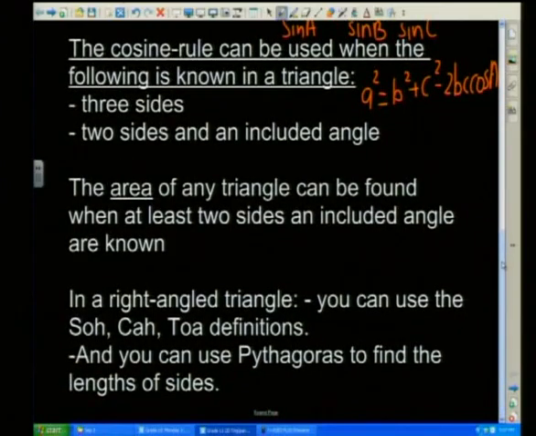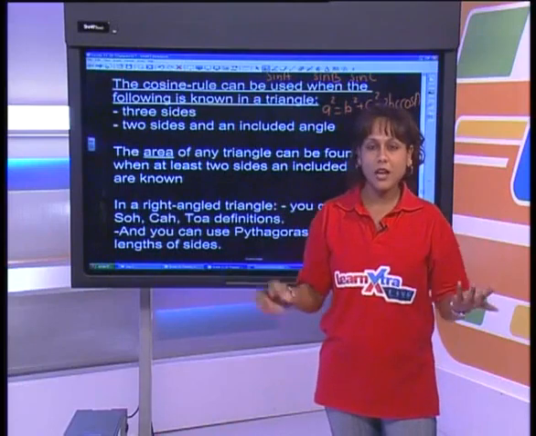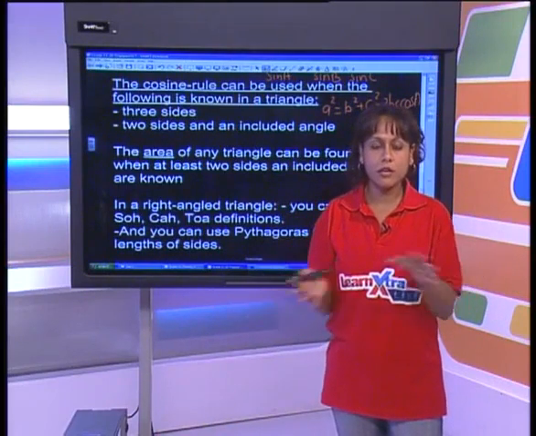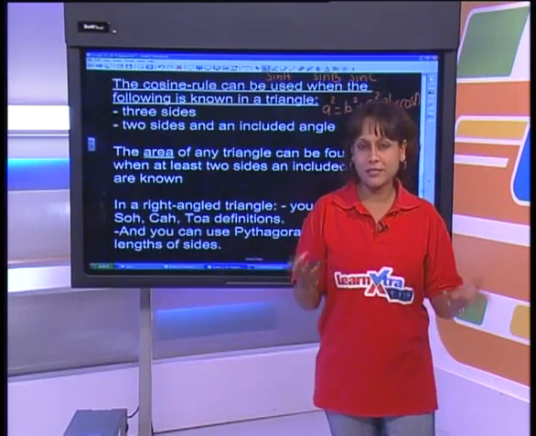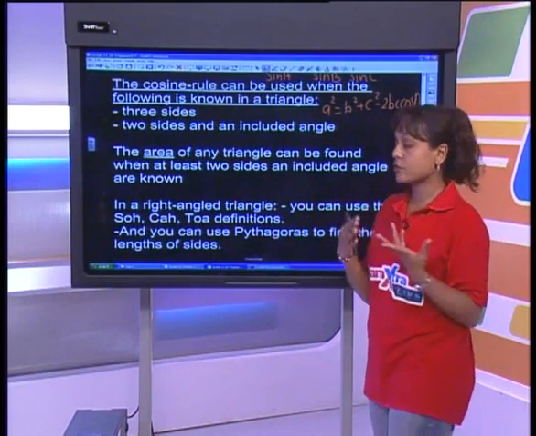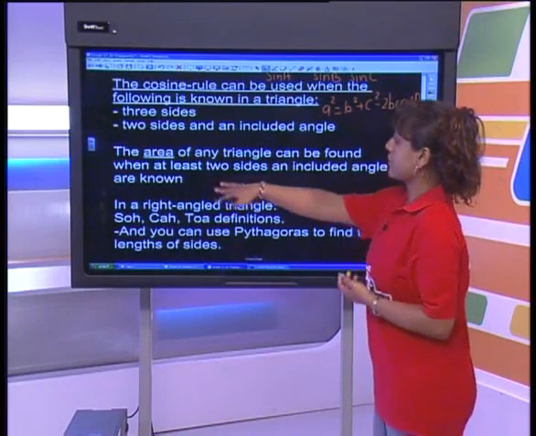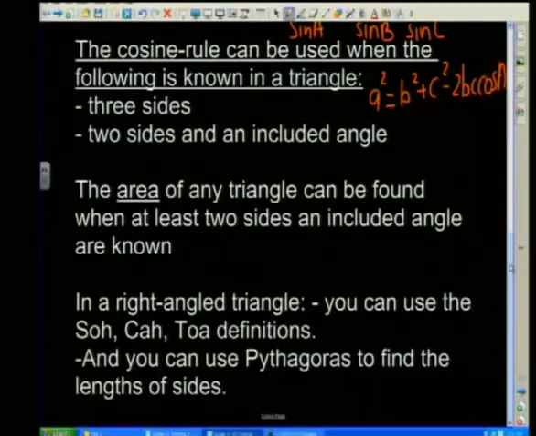Now, without a 90-degree triangle. Remember, in a 90-degree triangle, if you are given the base and the height, to find the area of the triangle is very easy. It's a half base times height. If we have a triangle where we don't have the base and we don't have the height, then we can use the area rule. And all you need to know here is two sides and the included angle. And the formula for the area of the triangle